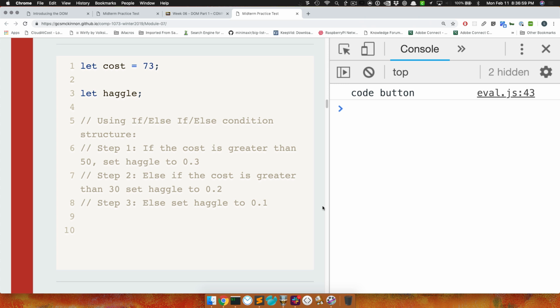So if the cost is greater than 50, set haggle to 0.3. Else, if the cost is greater than 30, set haggle to 0.2. Otherwise, set haggle to 0.1. And you just write that if condition. Just do yourself a favor. Don't write the if condition between each of the steps because it will cause a syntax error. It is better for you just to write the if condition on a blank line underneath. Write the whole thing in,